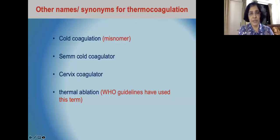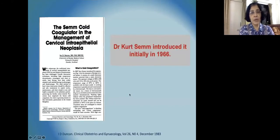Although even in my presentation, I'll be switching between these two terminologies depending upon the terminology that was used by the authors of the papers. We have been calling it cold coagulator because we started using this treatment modality way back in 2010, and we've been using it for the past 10 years since it was introduced to us by IARC, and I must mention Dr. Shankar Narayanan and Dr. Partha Basu and all the screening group at IARC who have been instrumental in driving our program. So although this treatment modality has recently got a lot of interest worldwide,